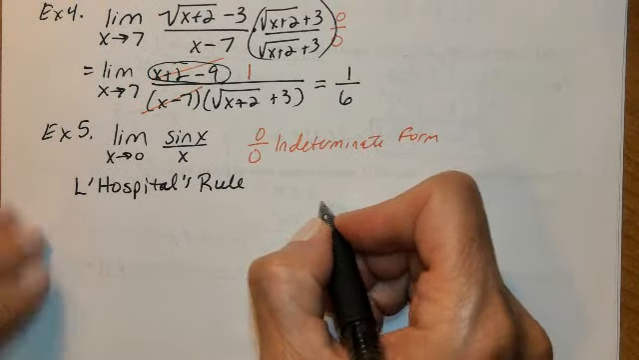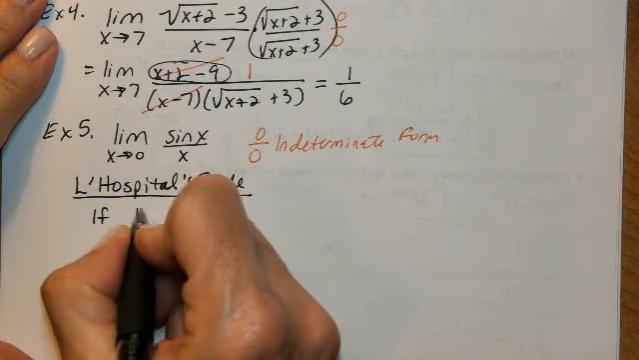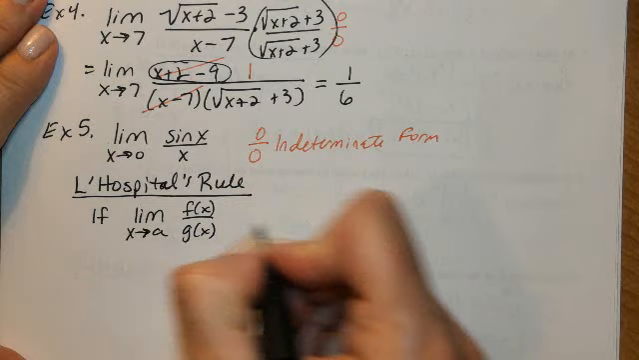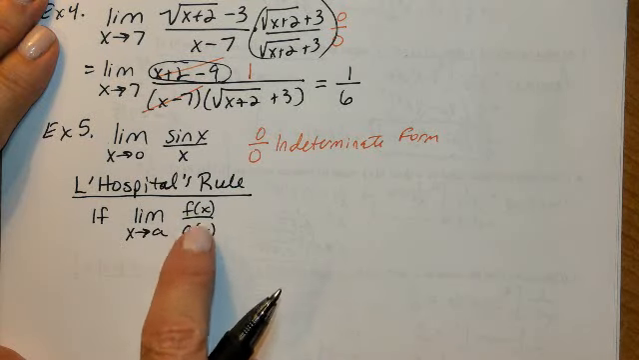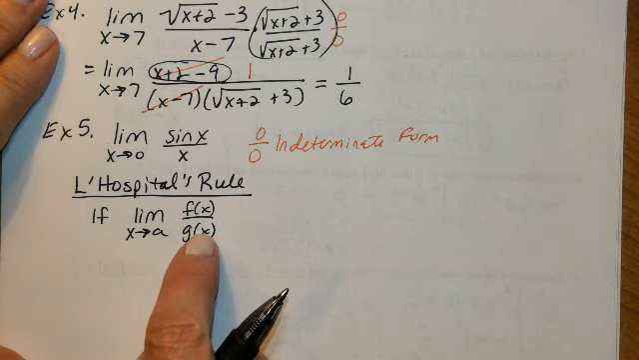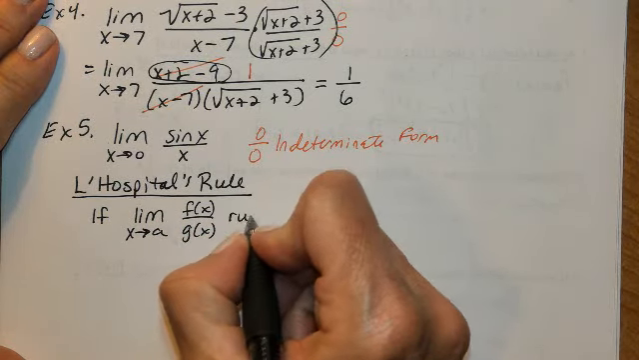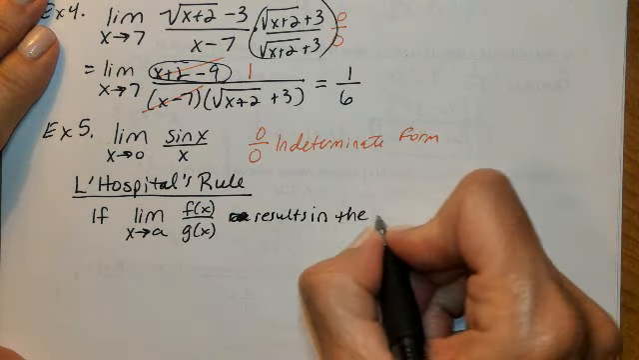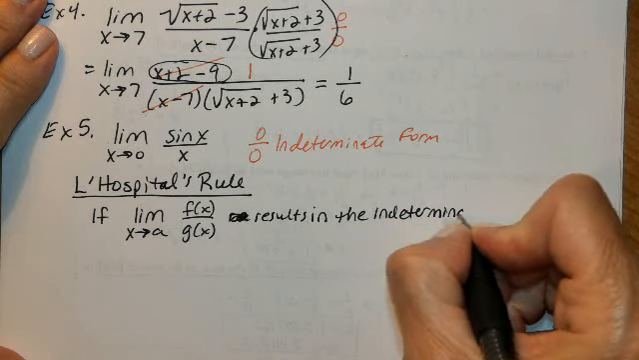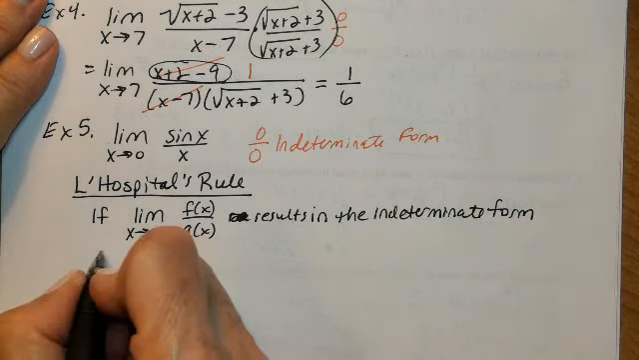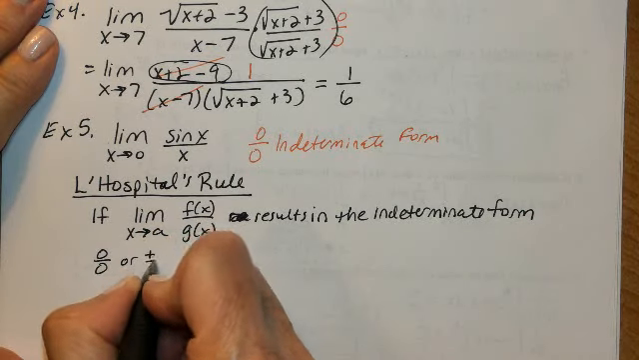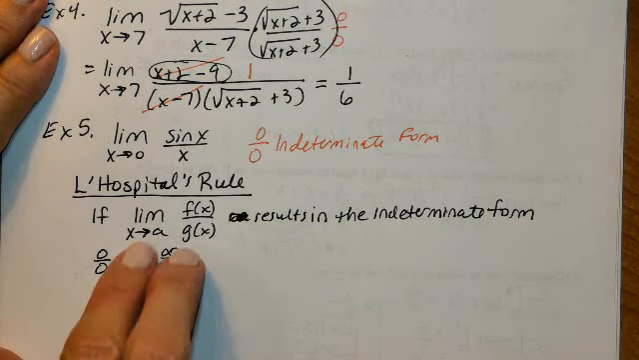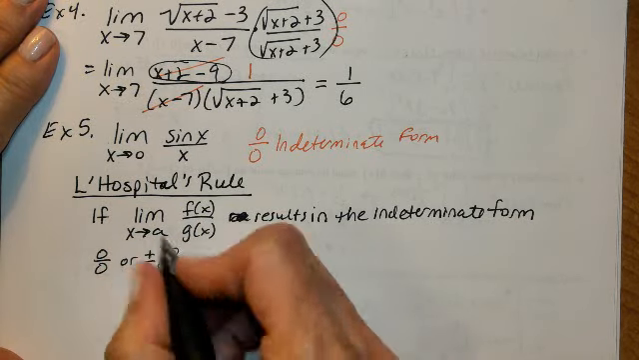L'Hopital's rule says this. If the limit as x approaches a of f of x over g of x, and it has to be a fraction, a function over a function, if this limit results in the indeterminate form 0 over 0 or plus or minus infinity over infinity, only those indeterminate forms, then